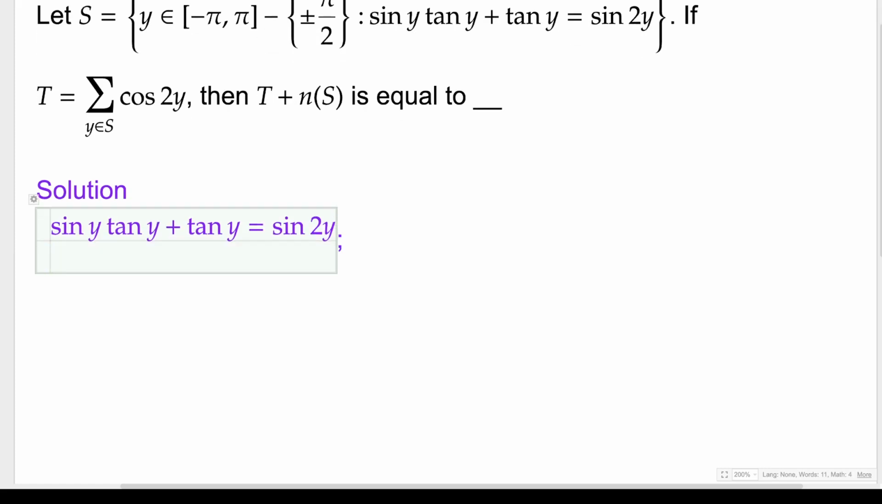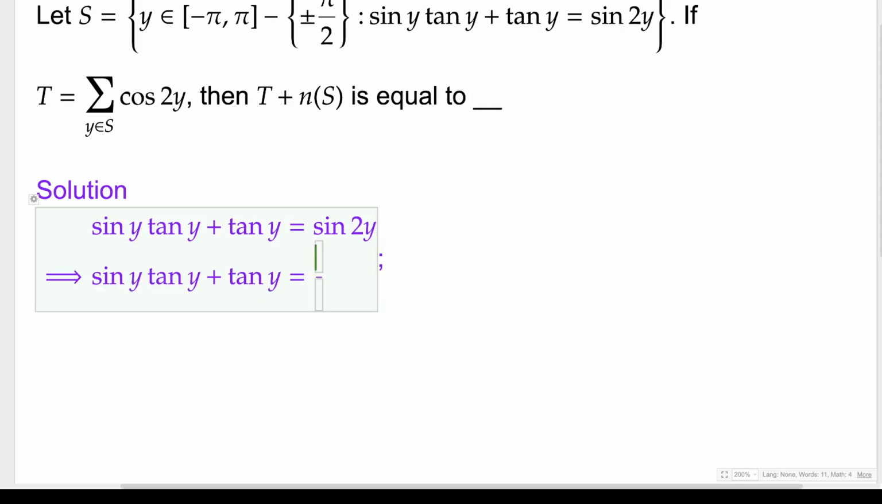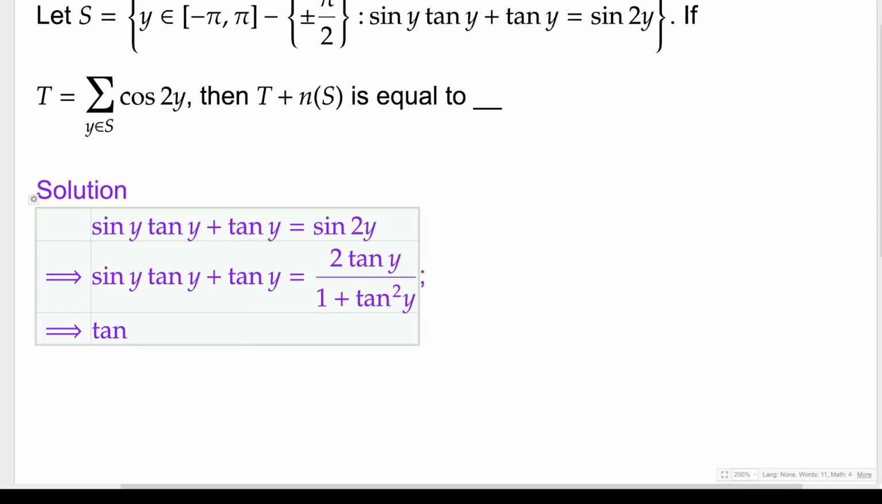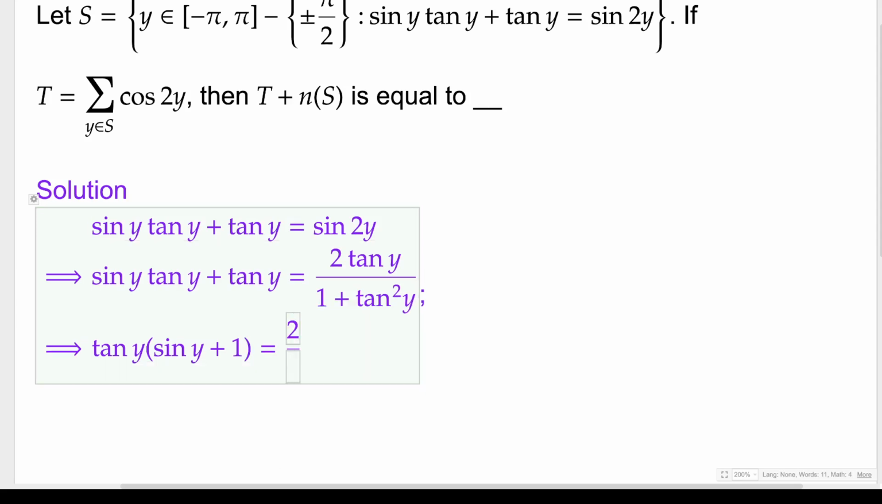Now if you observe one thing clearly, from this equation tangent of y is common, right? But before that, let me just convert this sine of 2y in the form of tan. So this can be written as 2 times tan y upon 1 plus tan y squared. Now if you can observe here, this tan y is the common factor, and this is sine y plus 1, that is equal to 2 upon 1 plus tan y squared. This one I can just replicate as it is, right? Yes. Now here